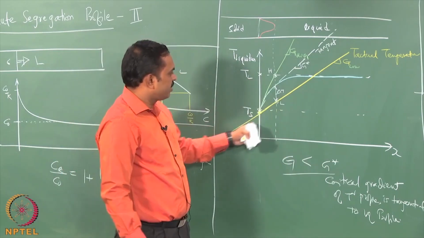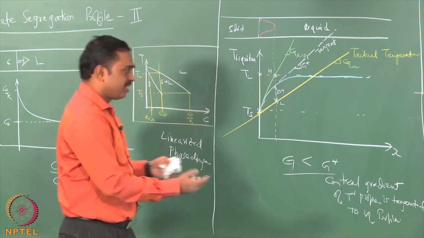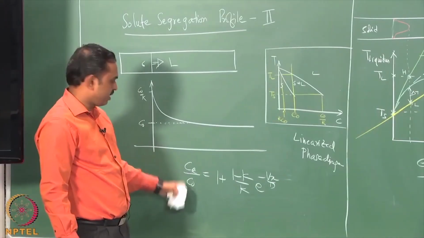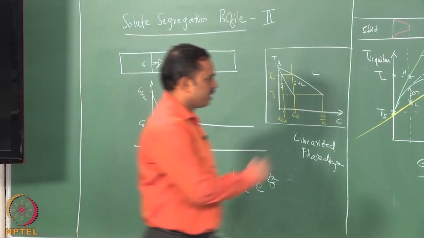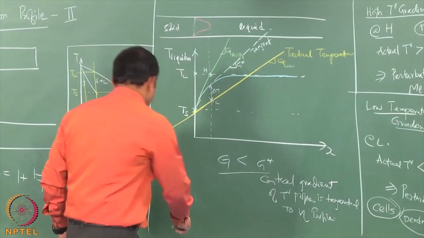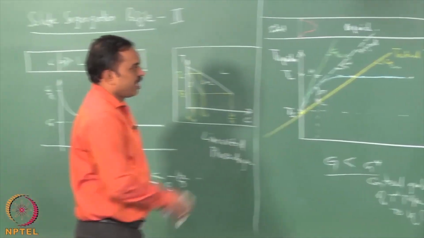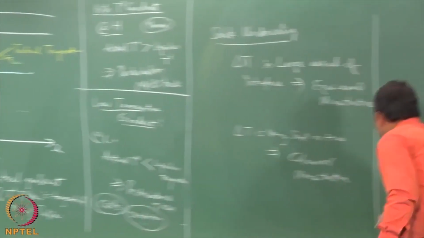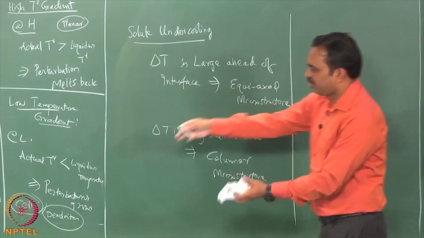Now, G star is nothing but the tangent to this slope, and a tangent to a slope can always be inspected, because you already know how to inspect that here. So, we could then write a simple expression and put that value here. Let me just clear the board at one end and then show you that. Okay, we can show it here. Now, what we need to do is basically